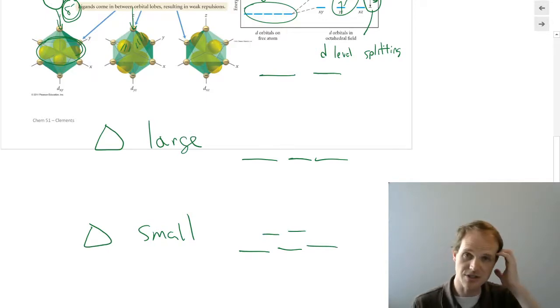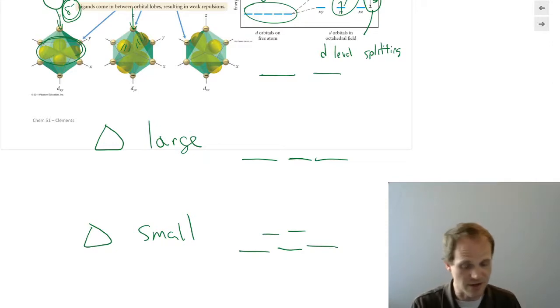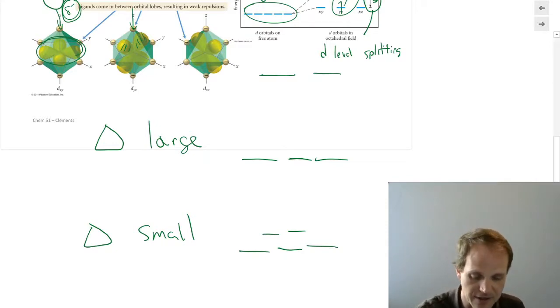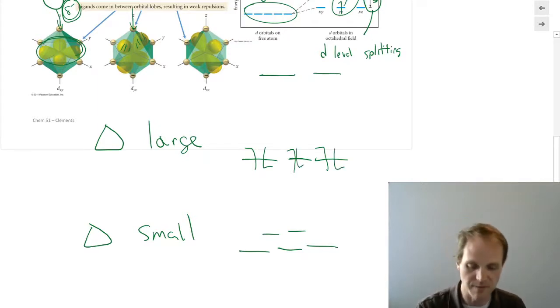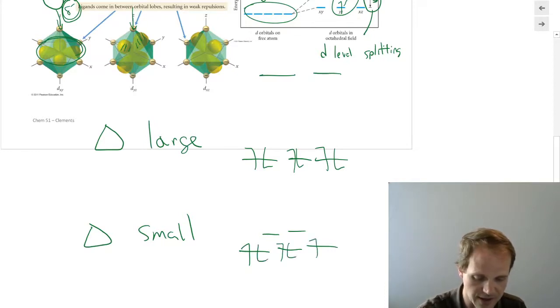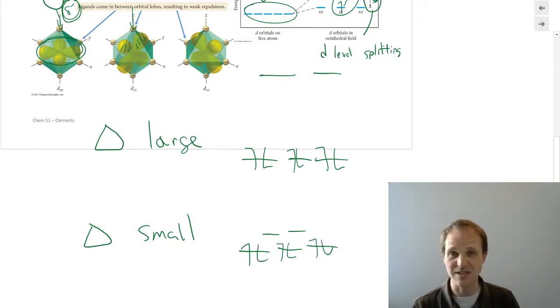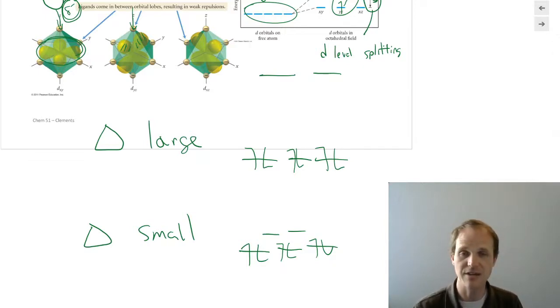So what we're going to do is start doing our Hund's rules. We go across the periodic table, and we're going to start filling electrons. 1, 2, 3, 4, 5, 6. You remember we unpair before we pair. 1, 2, 3, 4, 5, 6. So I've got something with 6 d electrons at this point. And there's not much difference between them, except when this delta is small,